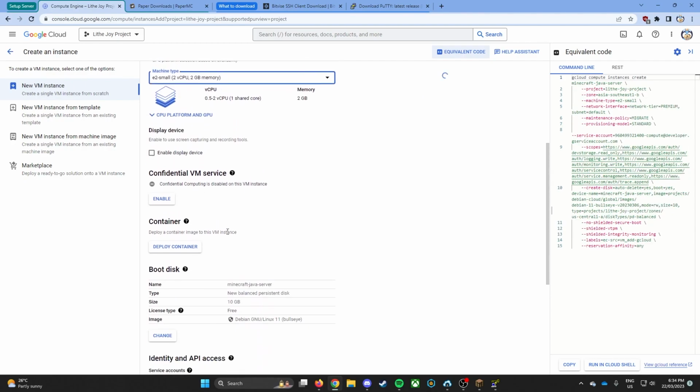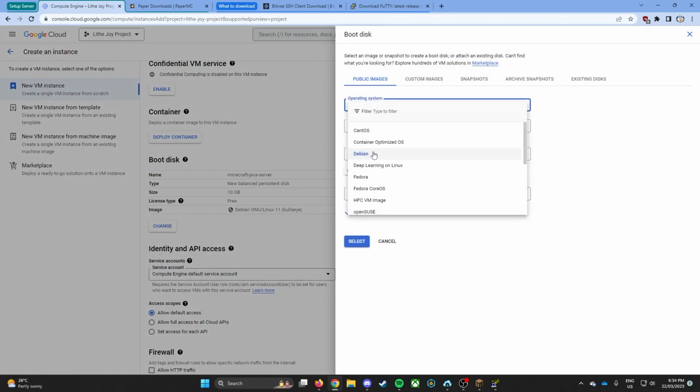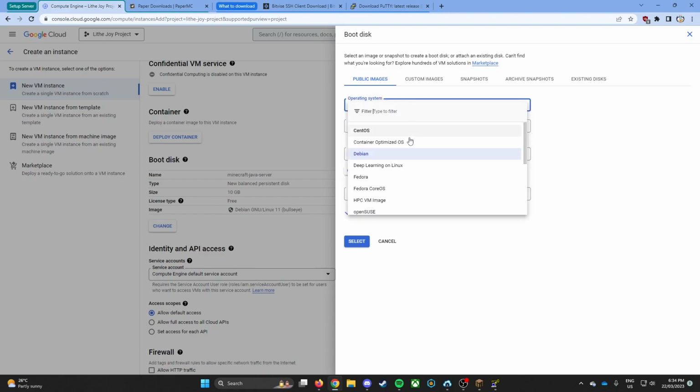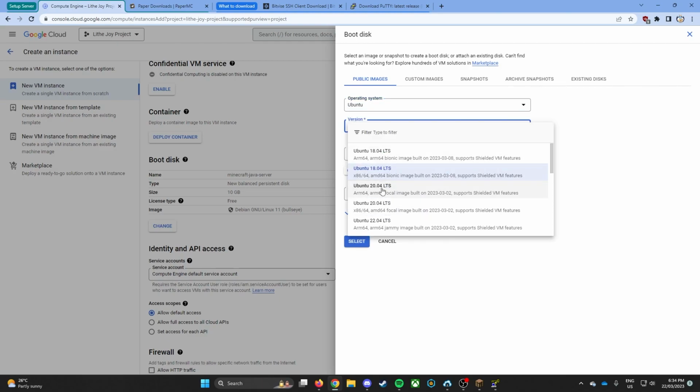Once you've set that up, go to boot disk, and then under public images, be sure your operating system is either Debian or Ubuntu. For Debian, stick with either the ARM64 or the x86/64. On Ubuntu, you have to pick either 20 or 22. You can pick any of these options. Don't pick the older ones, as they won't work. For me, I'll just use 20.04,